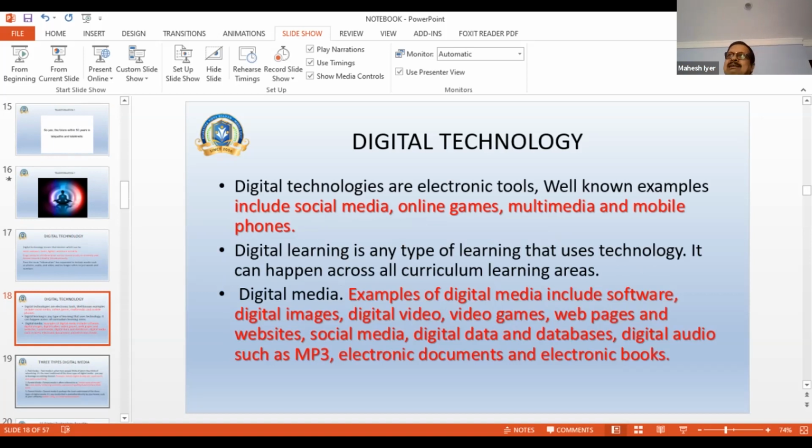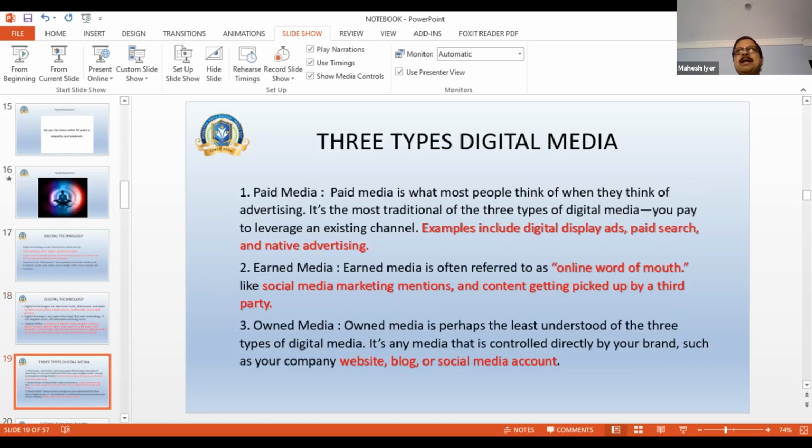There is a slight hairline difference between digital technology and digital media. Technology is a tool, whereas the media is the outcome. Digital video games, web pages, social media, electronic documents: these are digital media. Ladies and gentlemen, many of them don't know that there are three types of